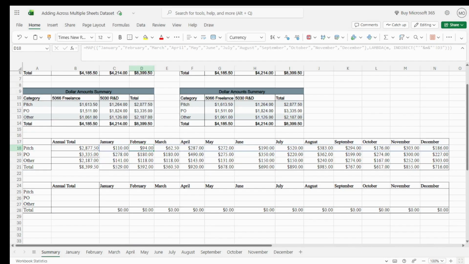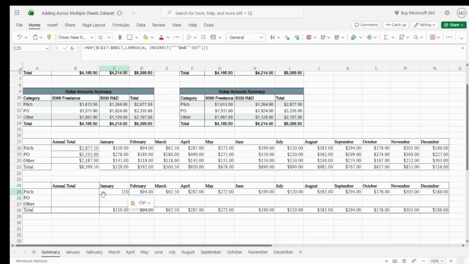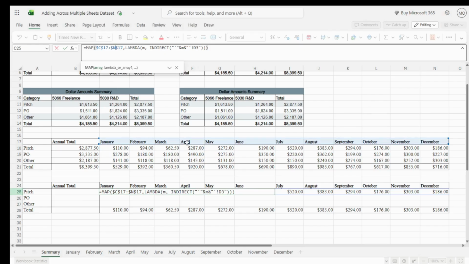You can also do the same nesting with the map function now, except that instead of doing the hard coding, if your data is organized as ours, you can just use the reference. You can reference these cells, rather the months, instead of hard coding them as we've done here. So all you do is just click on those months. I've copied and pasted just to save your time again. Copy all of these, absolute reference,